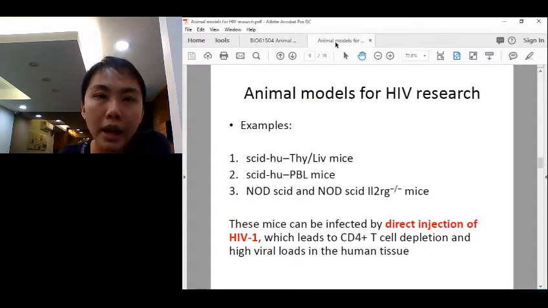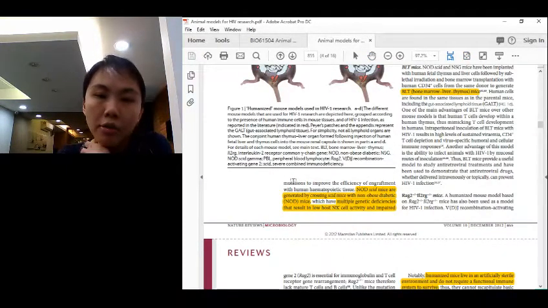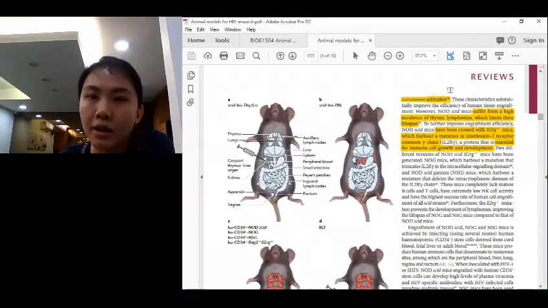Hence they came up with the idea of crossing two different mouse lines together to generate a more improved model where they are able to increase the efficiency of engraftment with human hematopoietic tissue. So these mice have multiple genetic deficiencies that result in low host natural killer cell activity and impaired complement